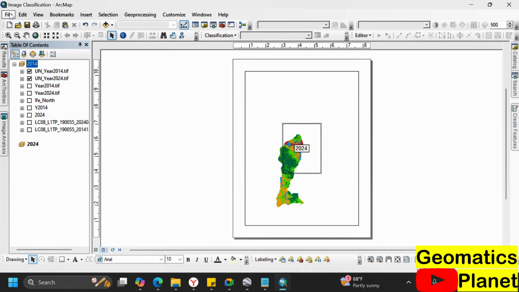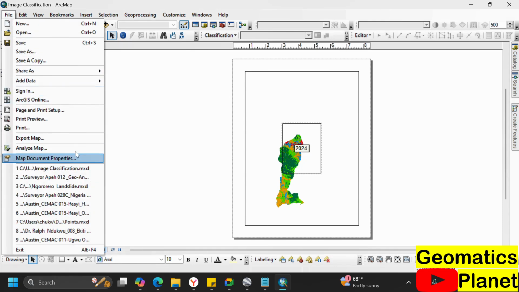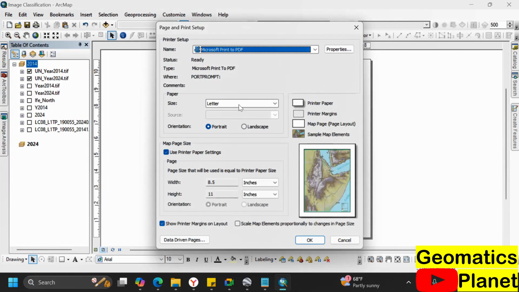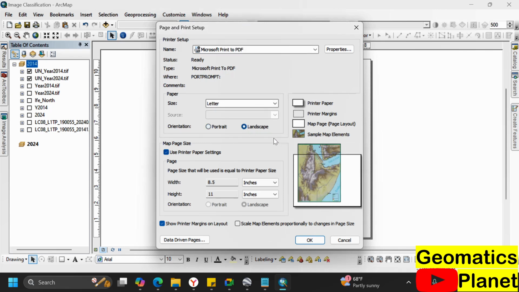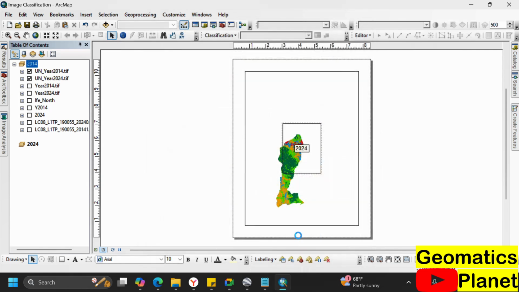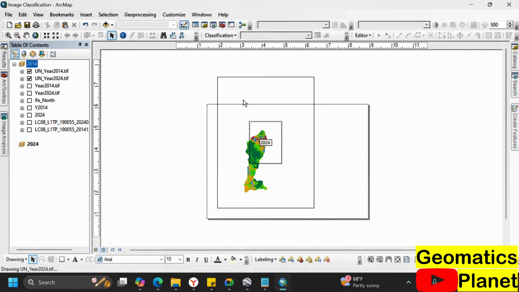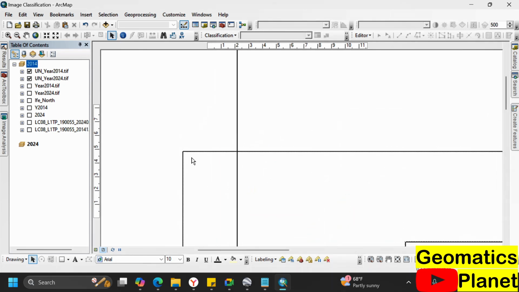Then for the sake of the size, I am going to go to file here, go to page and print setup here. Then I'm going to change this into landscape. So let me use A4, and I'll click OK, and that's how we change it to landscape. Now remember what we were doing last time. I'm going to go to the beginning here,